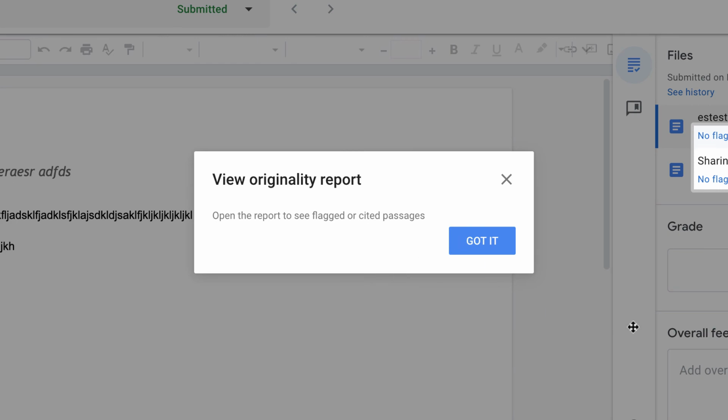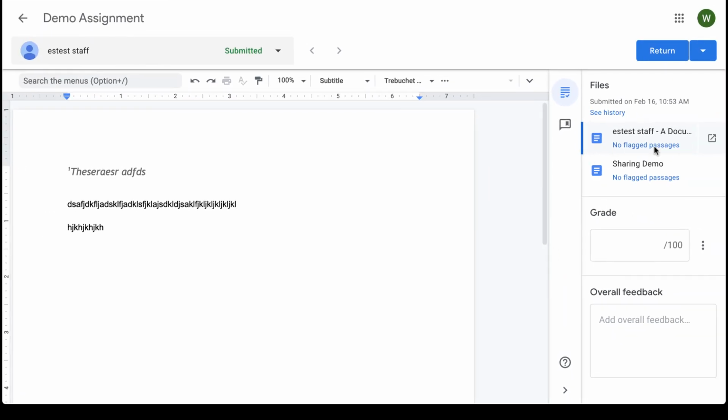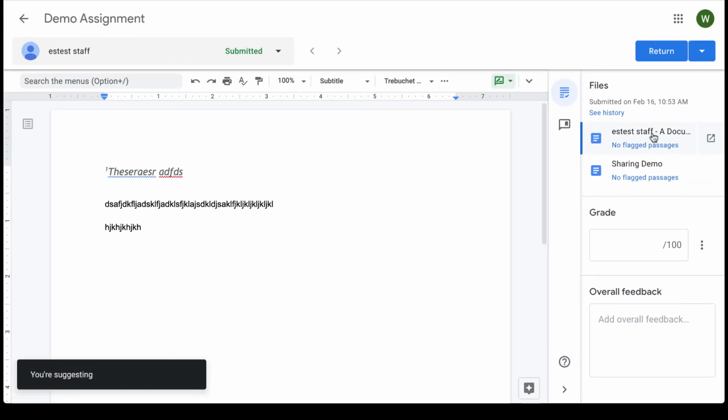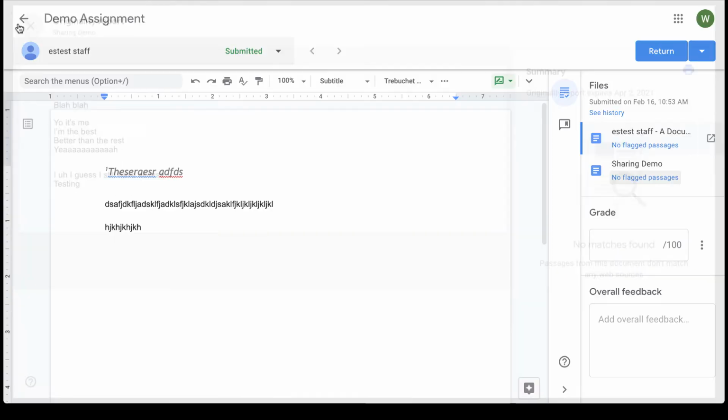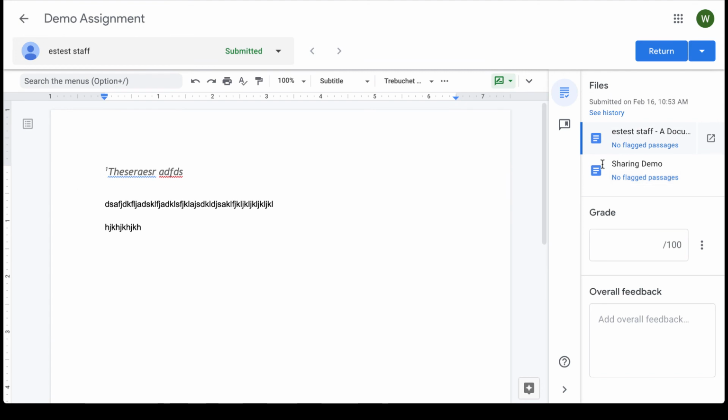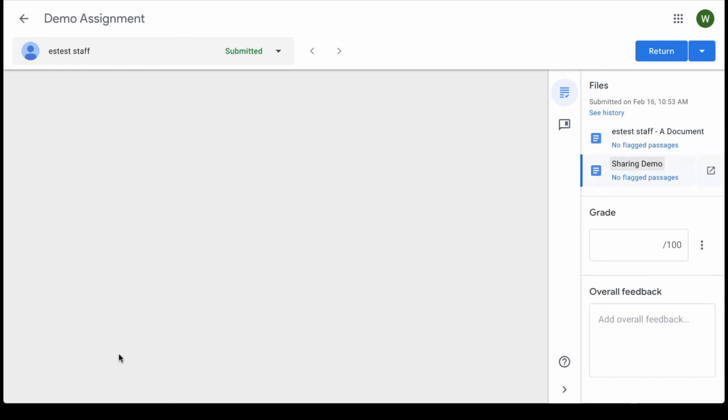And after a little tutorial, it will show you any documents that they submit. And where it says no flagged passages, it will flag any plagiarism it finds. And if you click on that, no flagged passages or the flagged passages, it'll show you the originality report, just like SafeAssign.